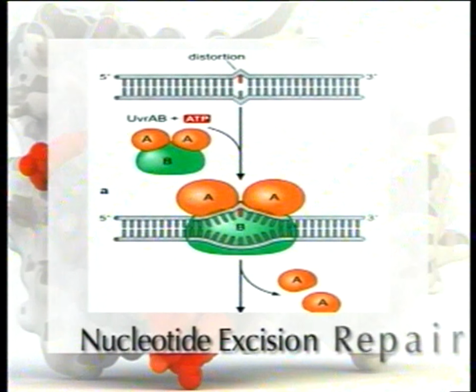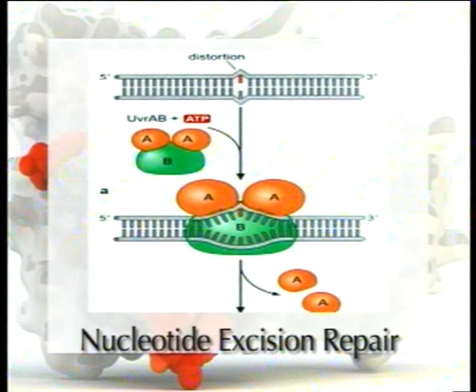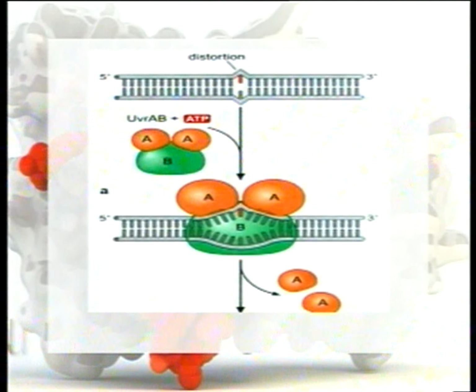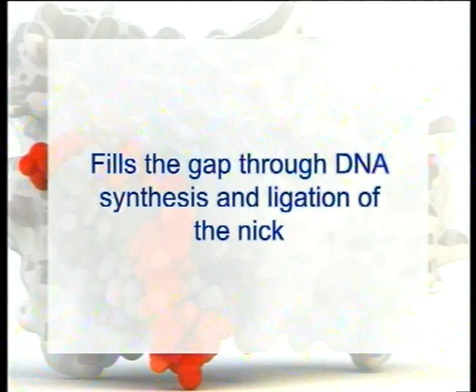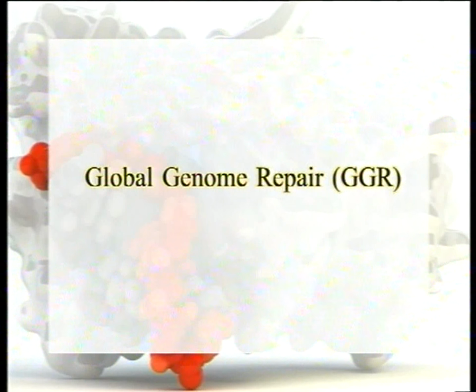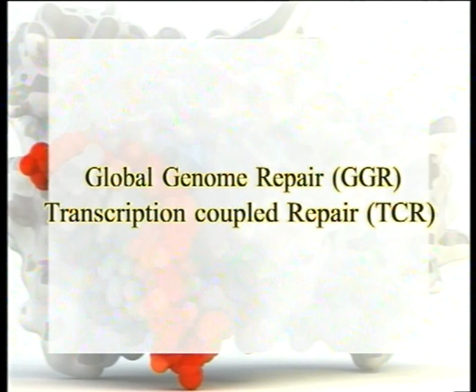Now, nucleotide excision repair. The nucleotide excision repair is a light-independent pathway involved in UV lesion removal. It is more general and flexible than photoreactivation, as it recognizes and targets the damaged strand and removes a 24 to 32 base oligonucleotide containing the damaged product and fills the gap through DNA synthesis and ligation of the nick. There are two subpathways of nucleotide excision repair. Number 1, global genome repair, abbreviated as GGR, and number 2, transcription coupled repair,